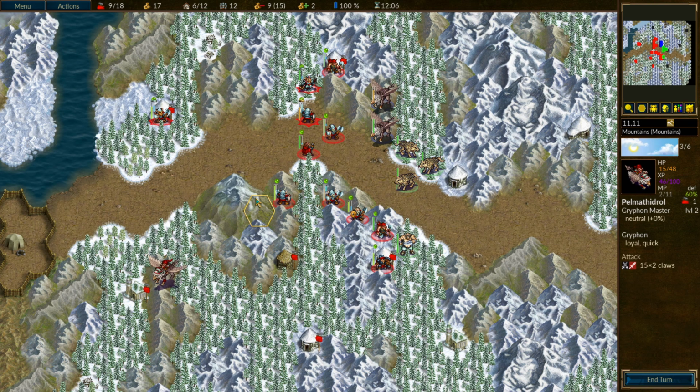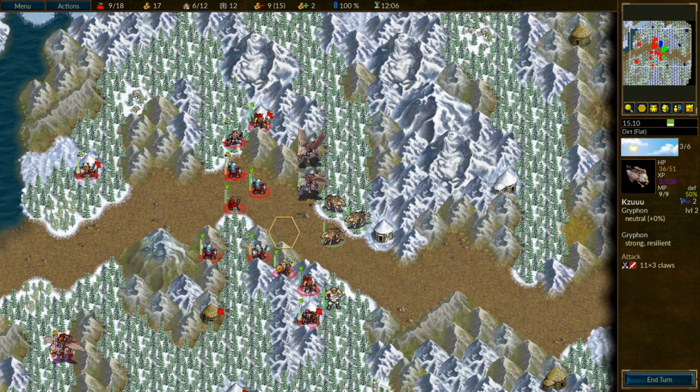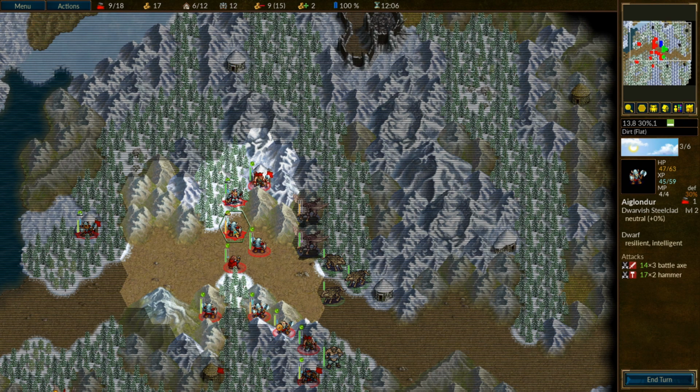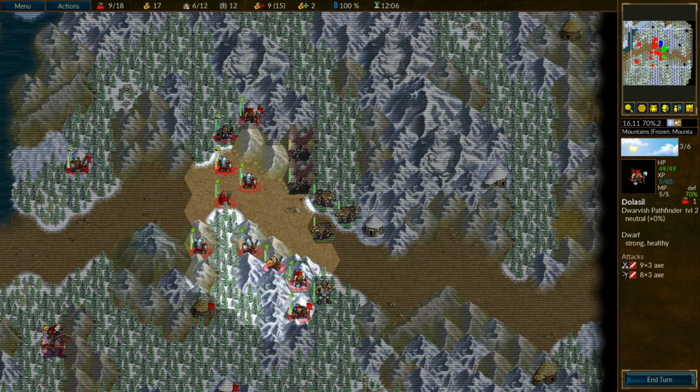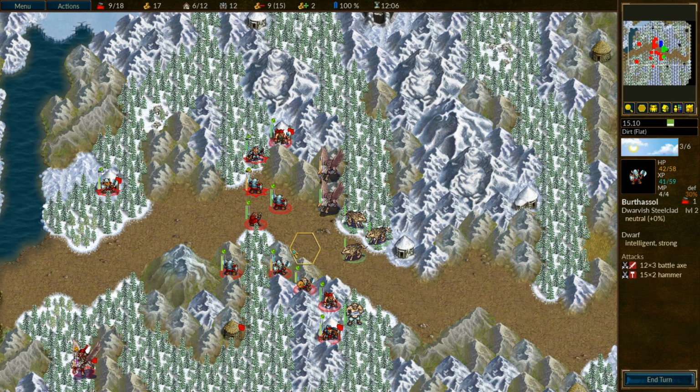So we are just going to pull right back, get completely out of there. We've lost a lot of our expendable units, which is not good because they were our meat shields, and we are precariously low on meat shields now. We've got one here. This guy can be sacrificed if needed. Otherwise, that's pretty much it. Everybody else is now a kind of higher level unit, so...